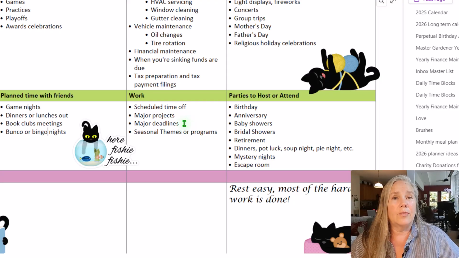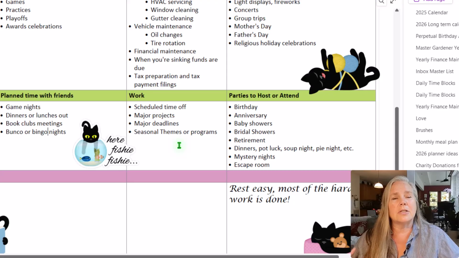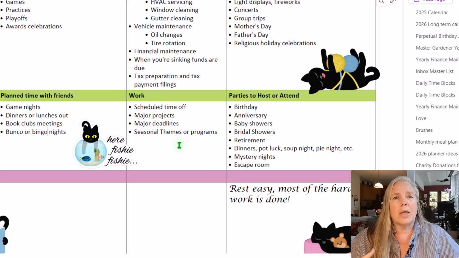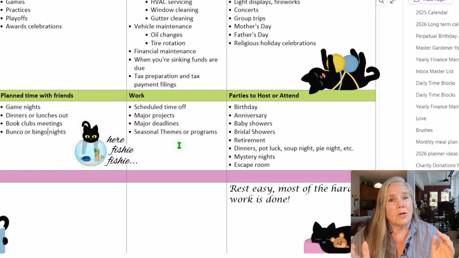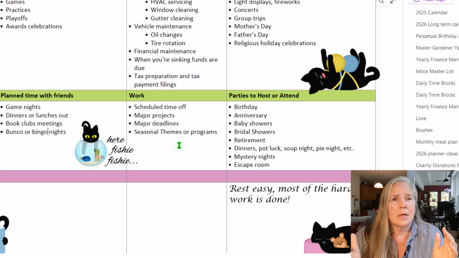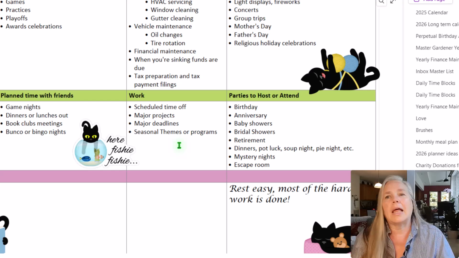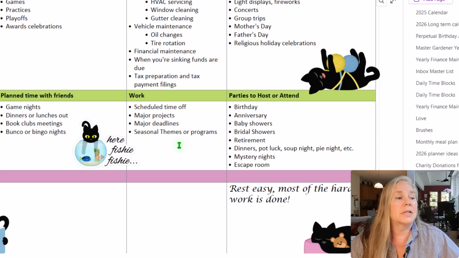Or if you're in a different kind of work, you might have seasonal themes or programs that you're working on. My daughter is a librarian, and so it seems like every quarter they have a new theme that they're working on. Like this summer was art or camping or something like that. So that might have something to do with your work schedule.